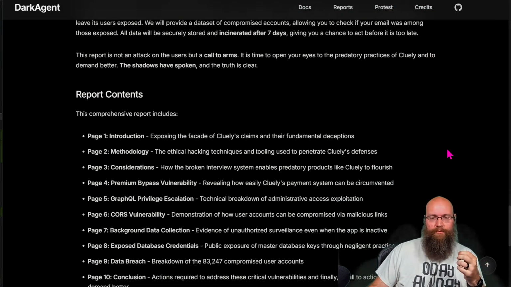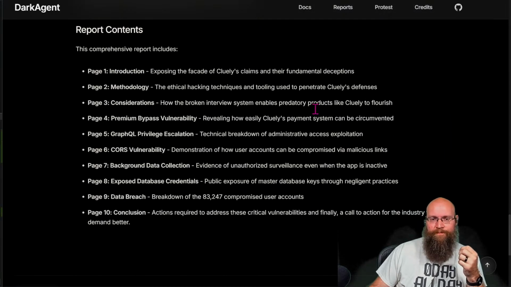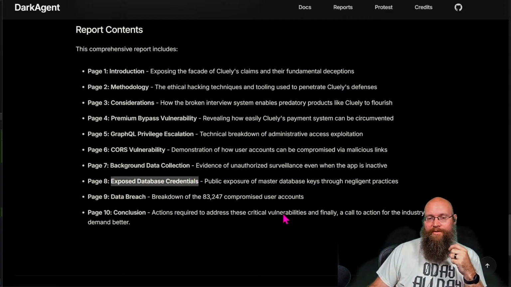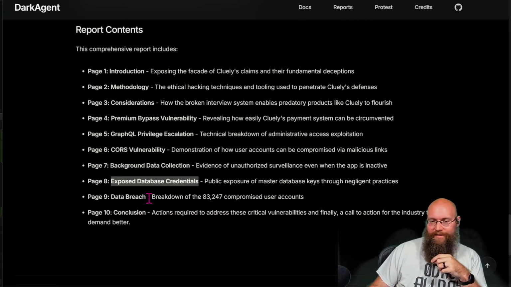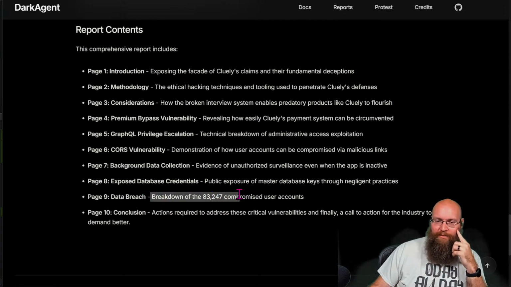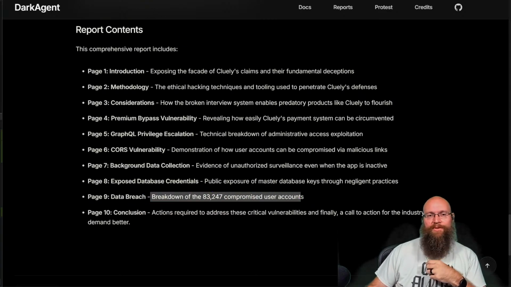It was really dumb. Premium bypass vulnerability, nice. GraphQL privilege escalation, excellent. Background data collection, not cool. Exposed database credentials, no way. 83,247 compromised user accounts. Okay, hang on.